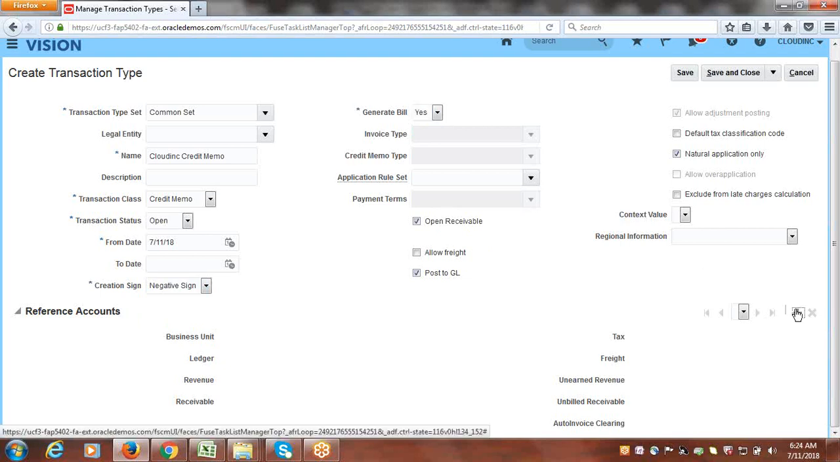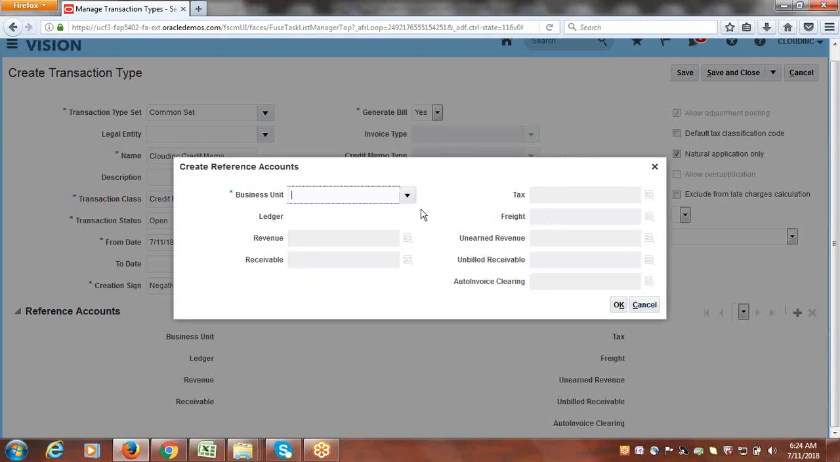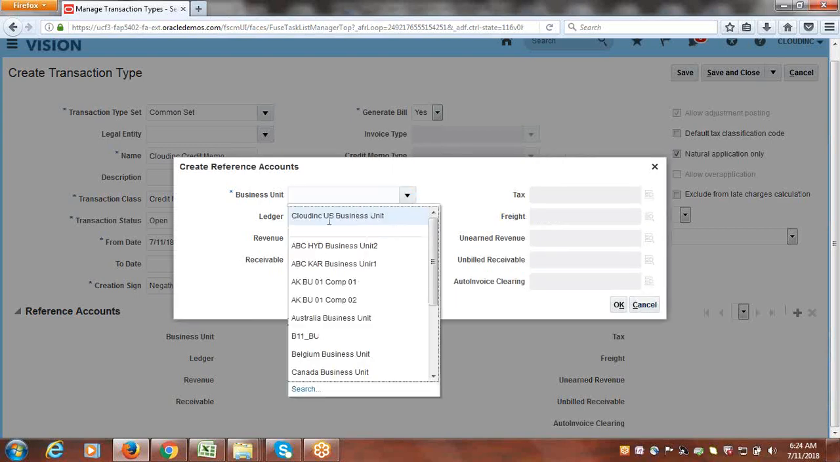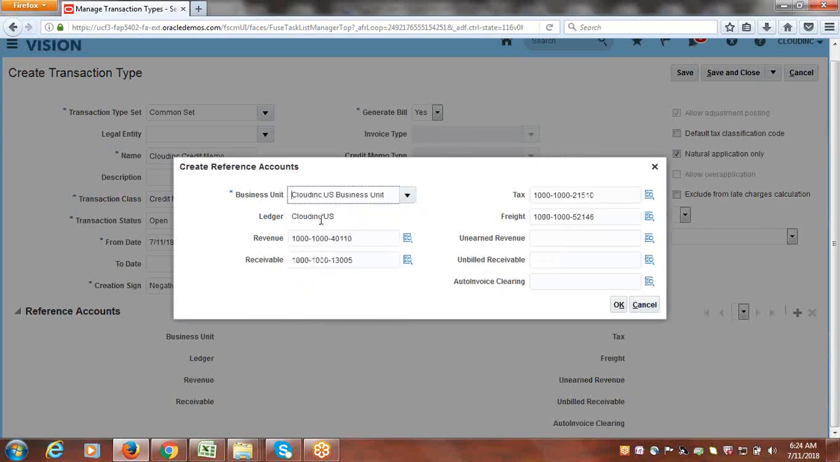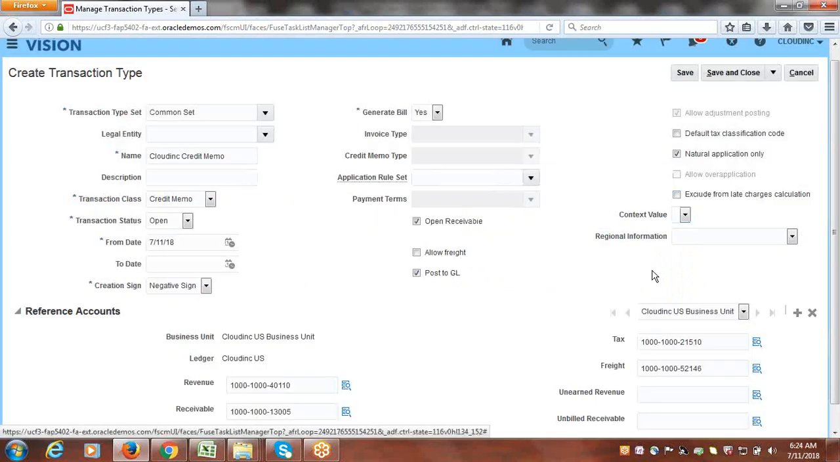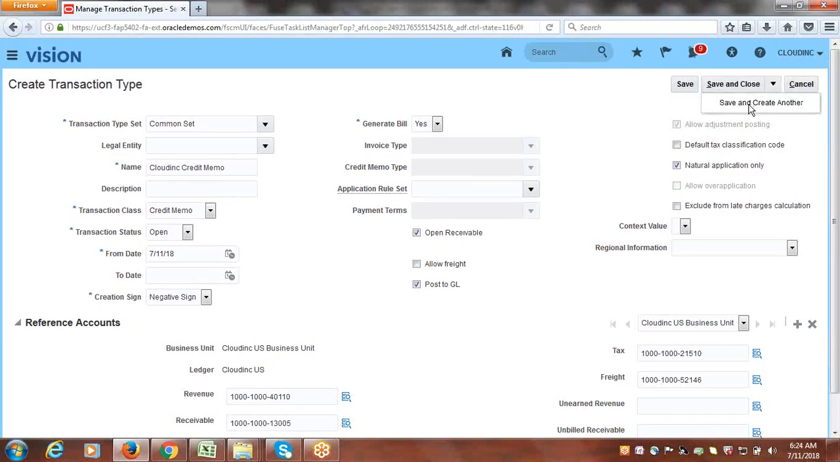and you can just go to assignments, select and say OK. Again, if you want to assign the same transaction type to other business unit, same process. Click on create. It will ask you to select and do save. So save and close,